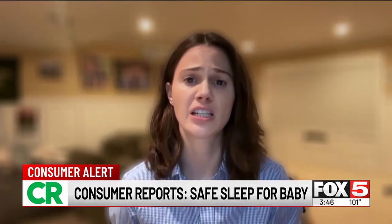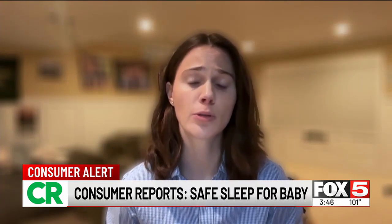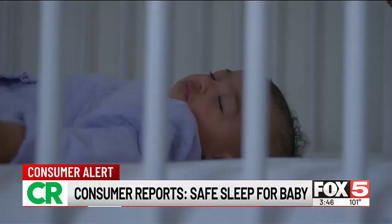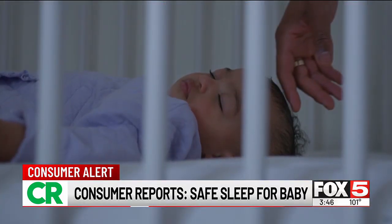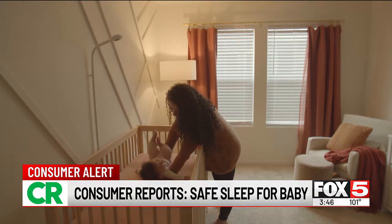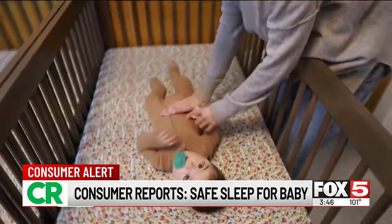If the CPSC is eliminated and product safety standards aren't enforced, consumers will be left to navigate a more dangerous marketplace with less oversight. The American Academy of Pediatrics Safe Sleep Guidelines are clear. The safest sleep setup for infants is placing a baby alone on a flat, firm surface with no pillows, blankets,